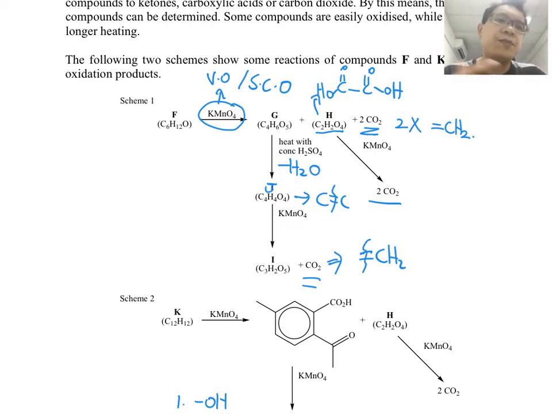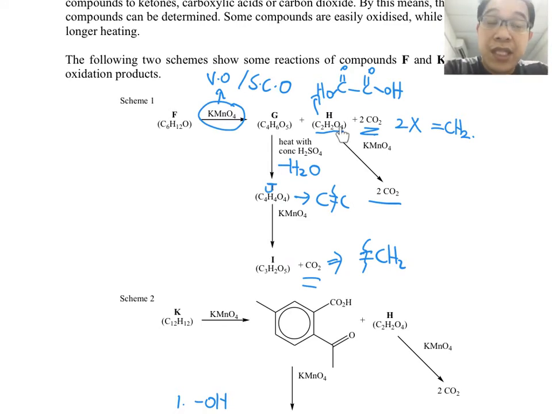So in the first process of solving, you get a lot of bits and pieces of information. But these bits and pieces of information are very critical for you to find out the final product. Not all the time can you think in a forward manner, meaning that you know what is F, so you immediately predict what is G. In fact, most of the time you must work from the back to the front. That means you must see what the final product is, then slowly deduce based on the reagent, backwards all the way to the initial product. And that's what we're going to do right now.